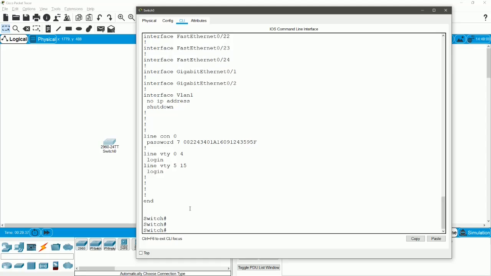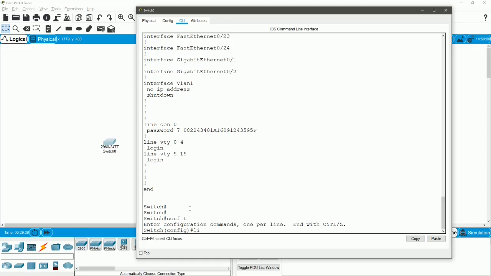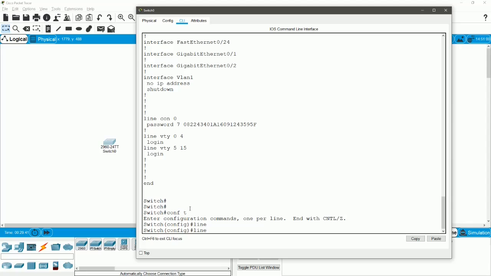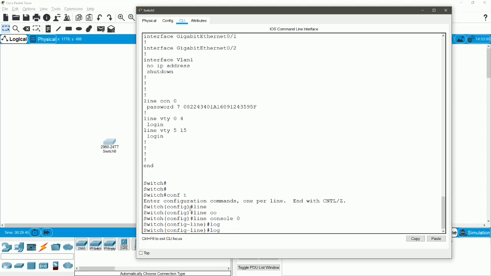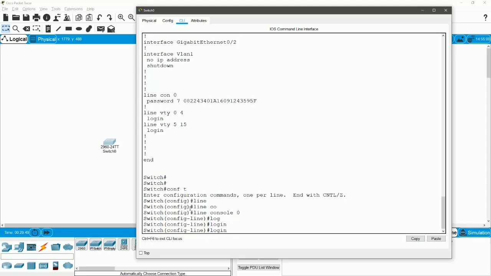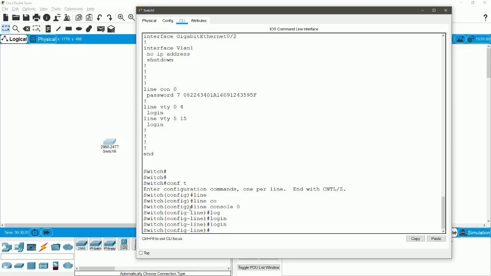So we should go to conf t, line console 0 again and add the command login. This command enables CLI protection, and we have it by default in VTY, but it is good to make sure that this command is added to any line that you want to protect. Now let's go back